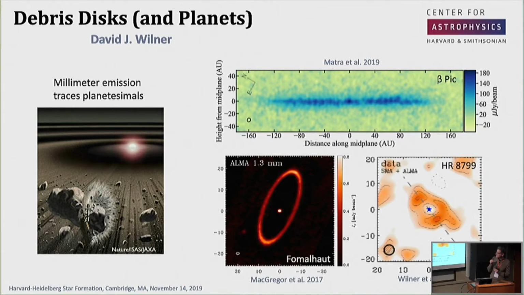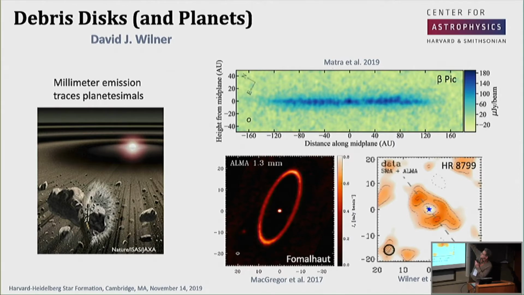So the advent of ALMA has really opened up the ability to image these faint sources, and I just have here on the right side of the slide a few examples. This is the beautiful eccentric ring around the nearby star Fomalhaut, and the reason that it's eccentric is almost certainly due to the fact that there's an unseen planet on an eccentric orbit whose secular perturbations are driving the minor bodies into an ellipse. Up here is an ALMA image of the edge-on debris disk, Beta Pictoris, and what's interesting